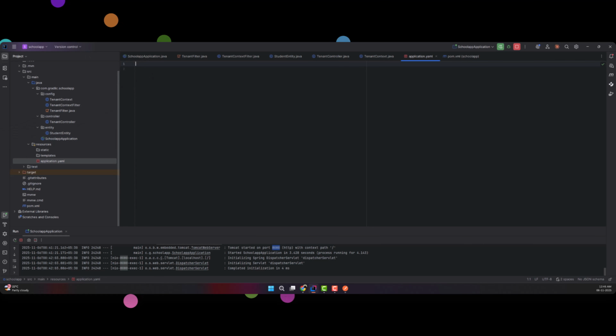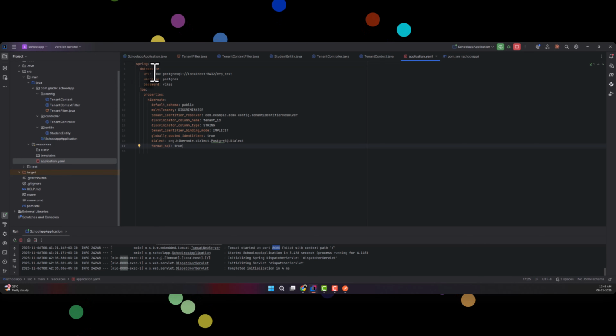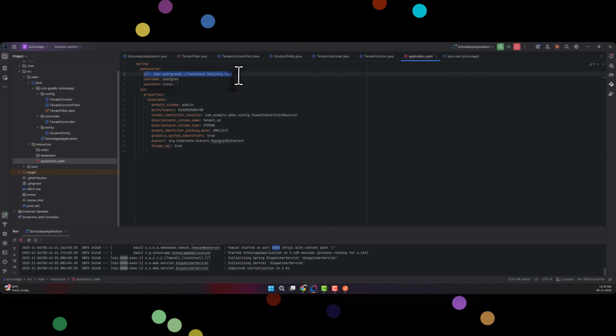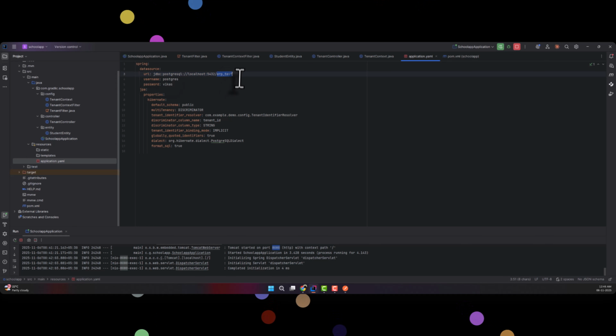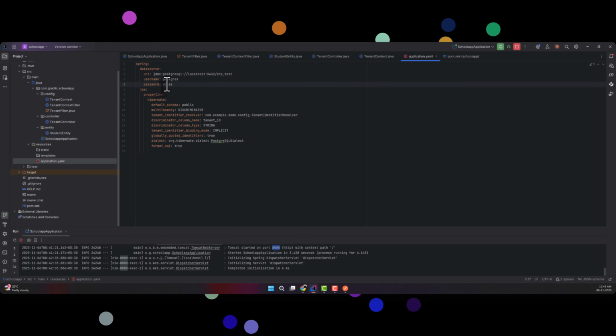So I'll copy the code and I'll explain one by one. First one is URL to connect with Postgres, and here I am passing database name, my database username, password, and here